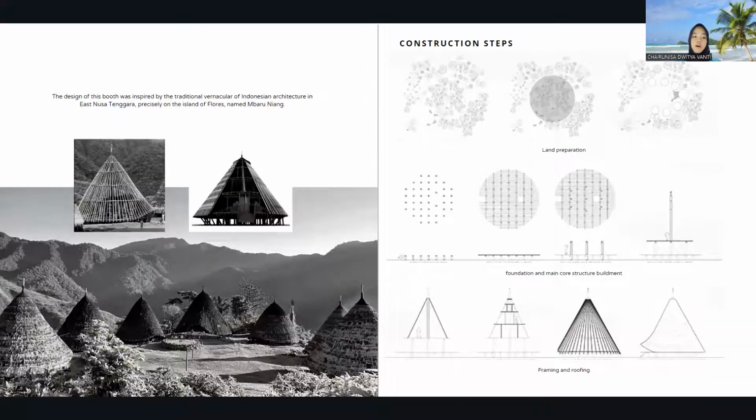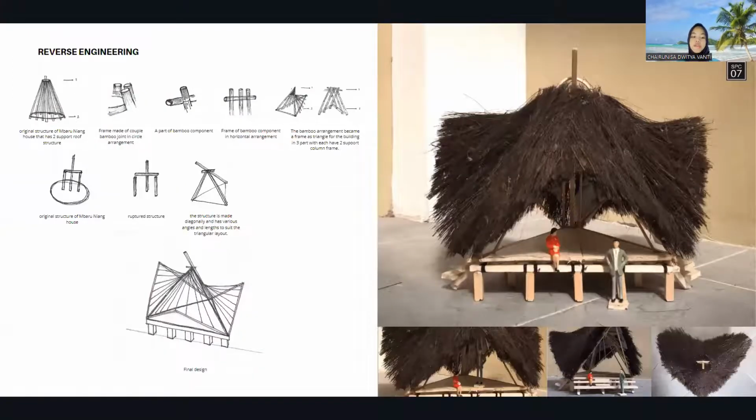The design of this booth was inspired by the traditional vernacular architecture of Indonesia in East Nusa Tenggara, precisely on the island of Flores and Barunia. The construction steps: the first one is land preparation, continued with foundation and main core structure treatment, continued with framing and roofing. A reverse engineering of the Barunia structure that consists of bamboo connected to two circles as support,